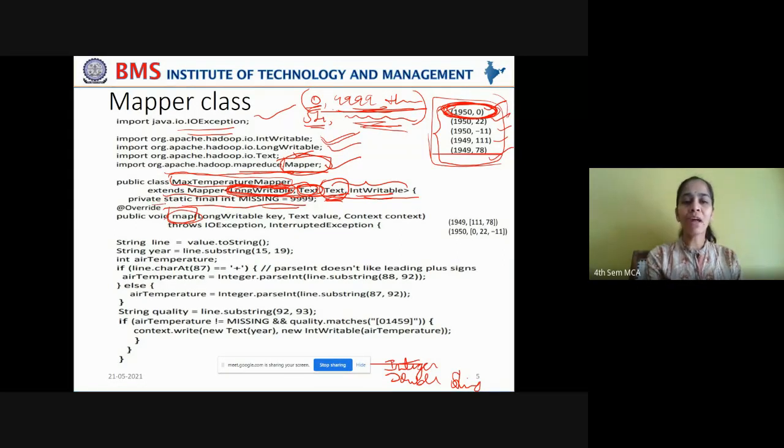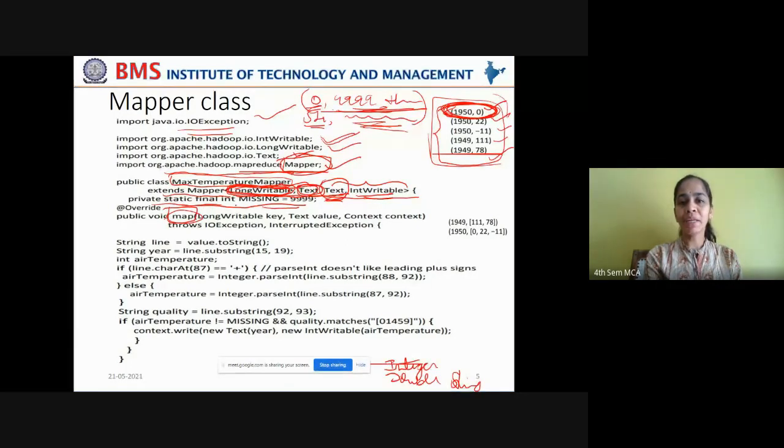Now, private static: before the execution starts, before this class is instantiated or invoked by an object, you have to perform any assignment of default values and constant values. That is why you have taken it as static. So you have taken private static final.